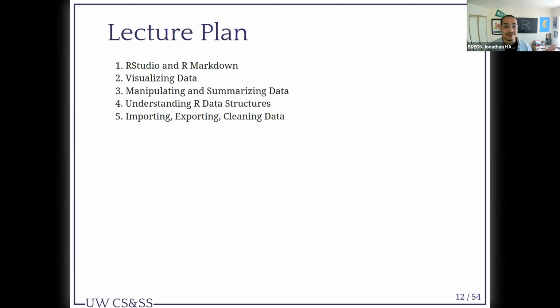This is often the most time-consuming part of social science coding, just making sure that all of the variables and things are uniformly clean.